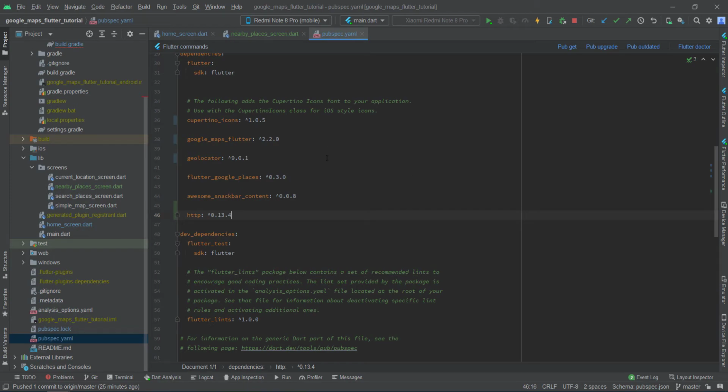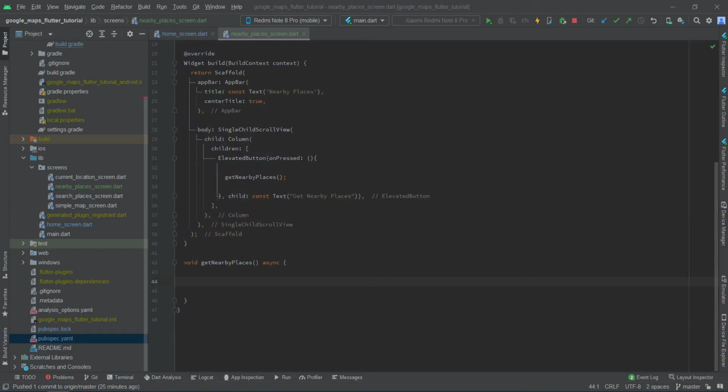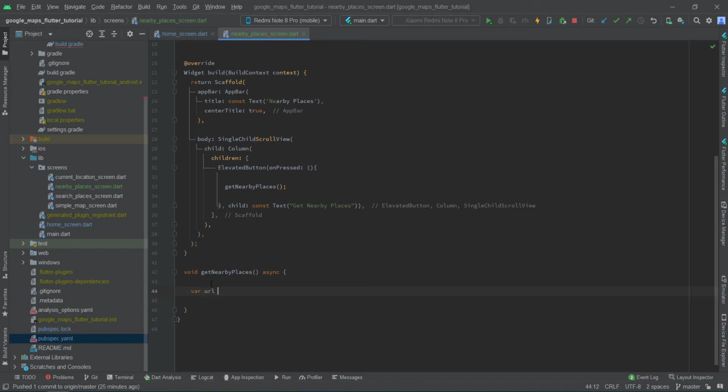Then we define the URL: Uri.parse, https://maps.googleapis.com/maps/api/place/nearbysearch/json